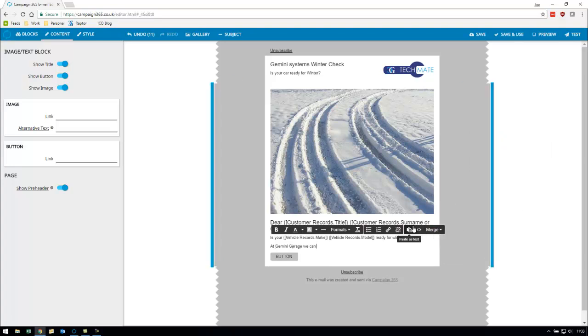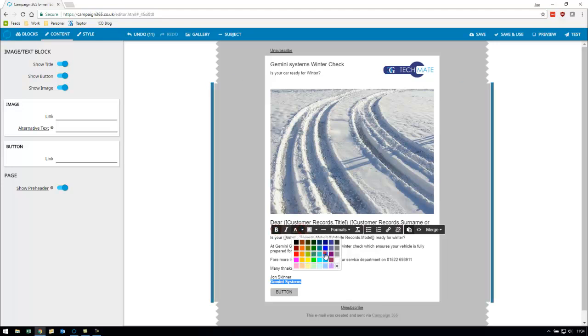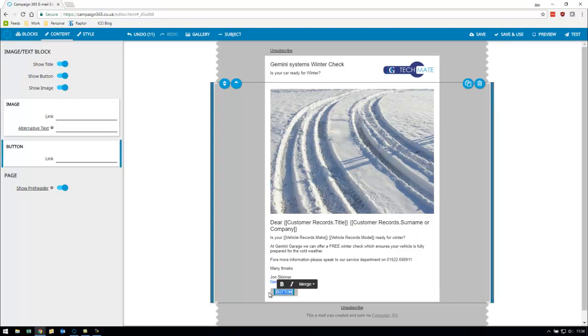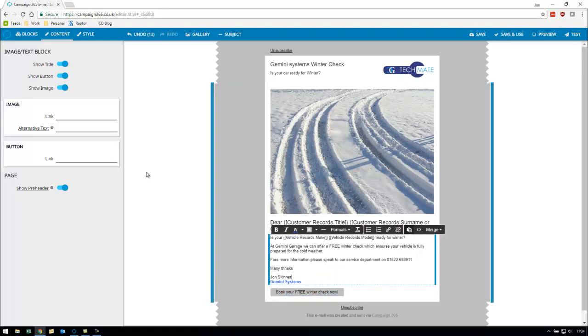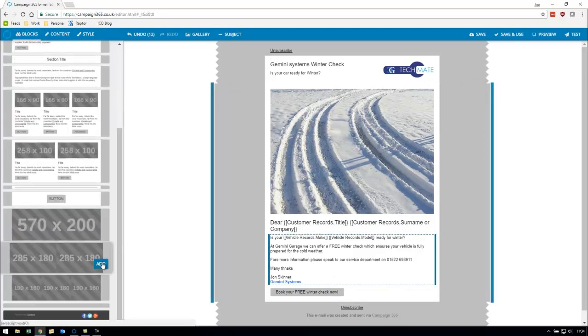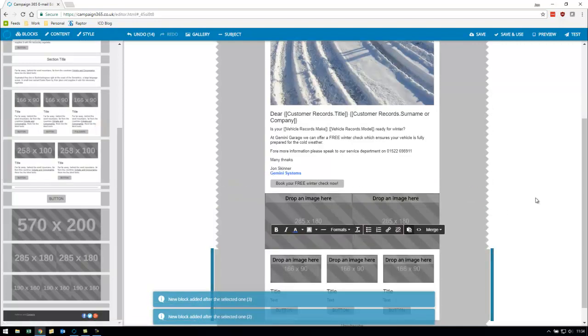Once your email is done, we can then add additional information to this particular block and change the font, the color, whether it's bold, etc. We can also add a button, so each block that has a button available can have the button overtyped with the relevant text, and a link can be assigned to that particular button. We can add as many blocks as we need to make up the email, so it's customized to our particular preferences. And if we add a couple of images here as an example,